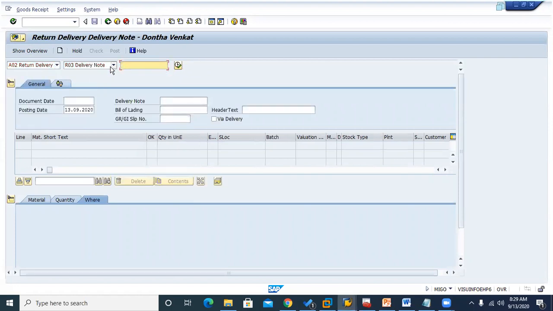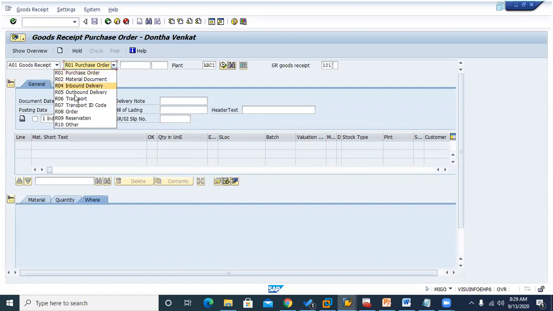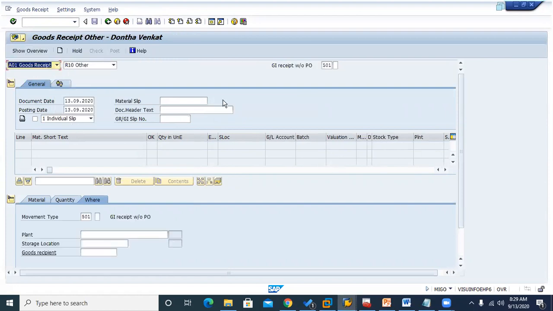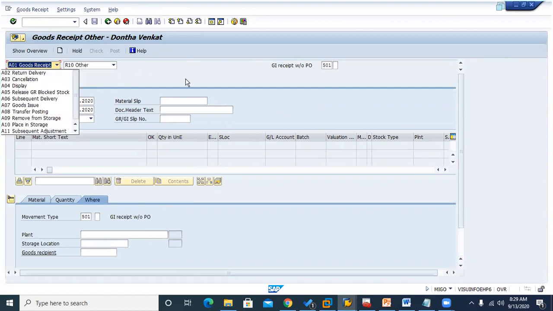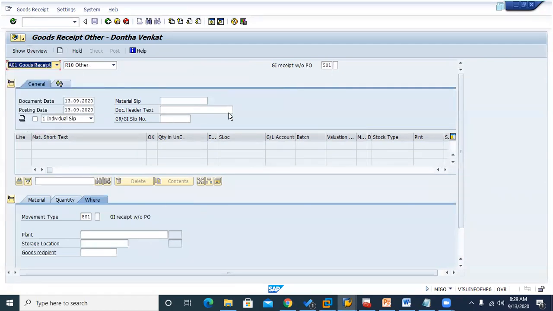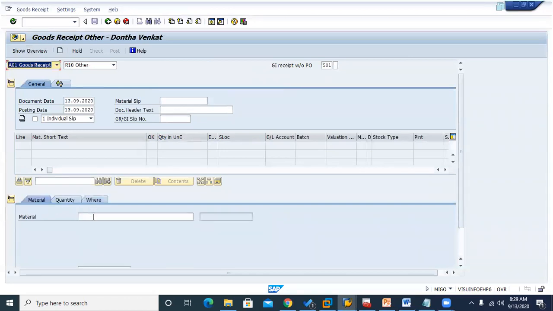What I wanted to do here is not a delivery. Sorry, because of my fastness, I'm confusing. Let me use the others here. So immediately 501 has come. 501 is the document, goods receipt without PO. I'm going to give the material here.